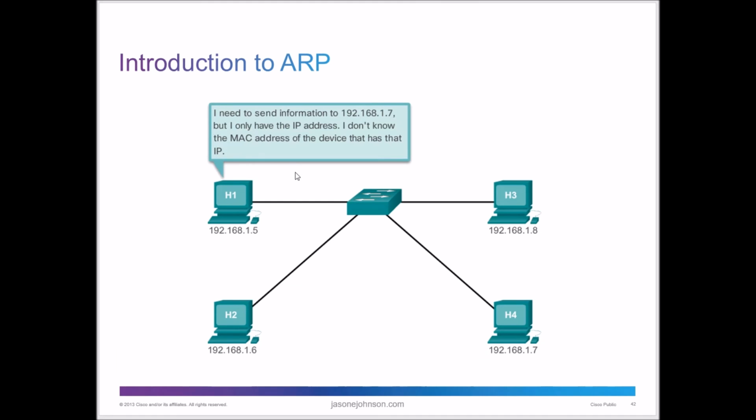So ARP. Just a quick look at ARP. It's the Address Resolution Protocol, and it is a way to do this on a local network, and we talk about this on the switching at layer 2. So H1 here needs to send information, but it doesn't have the destination's MAC address. It only knows the IP, and it doesn't know the MAC address of the device that has that IP. So it's going to send out an ARP request. It's going to say, hey, here's my ARP information, here's my address, and can everybody else report what their ARP address is?